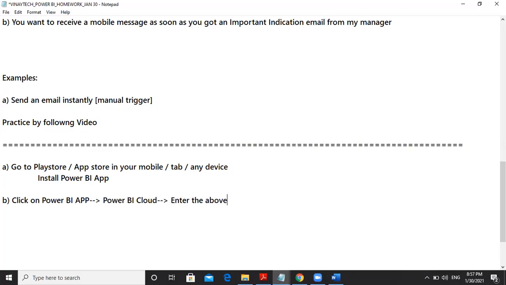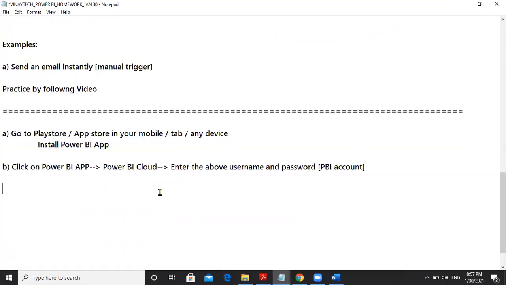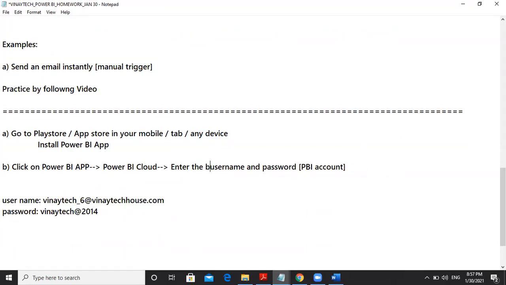Enter the above username and password. That is called Power BI account. The same account which I have given here. This is Power BI account also. Enter the below username and password.